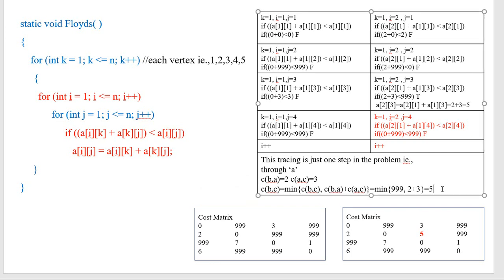But in the program, this many steps are considered just to update one value. In the same way, it performs the same operation for all the vertices 1, 2, 3, 4, 5, and at last it ends up with the all pair shortest path matrix. Now we are done with Floyd's function.